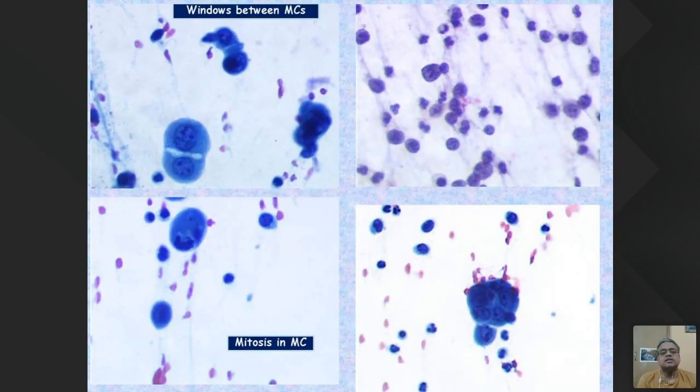So reactive mesothelial cells typically show larger nuclei. So this is just a mesothelial cell. This mesothelial cell has a window in between it. This mesothelial cell is coming in a small group, although there are some cell borders, it's almost like a giant cell. These are mostly histiocytes. Now it is very difficult for any individual cell to say whether this is a histiocyte or a reactive mesothelial cell, but by and large, if it looks like a histiocyte, it is a histiocyte. These, on the other hand, are mesothelial cells. They have a dense cytoplasm.